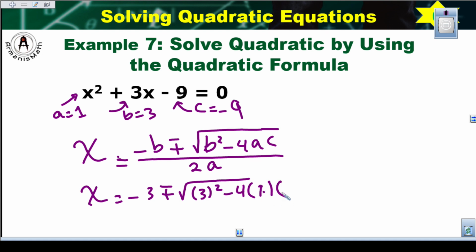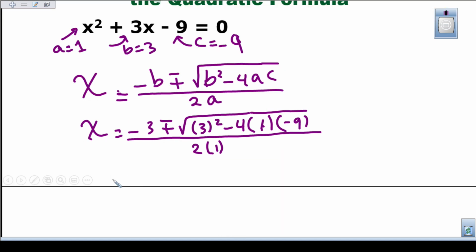Oh, it's negative 9. You're going to divide this whole entire thing by 2 times the a, which is 1. So x equals negative 3 plus or minus